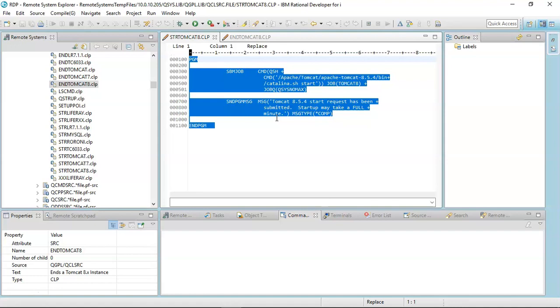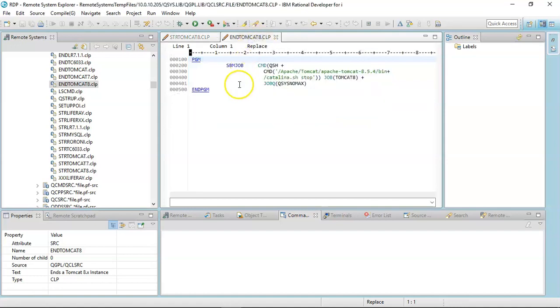So we'll go through that step. We're just basically going to copy and paste that, make some changes, and we can also end the session just like I did using the Catalina shell stop. So we'll just do a quick and dirty CL program to start and stop the IBM i Tomcat session from the